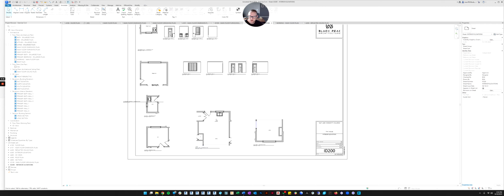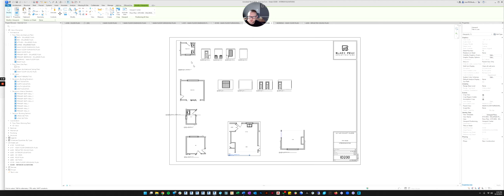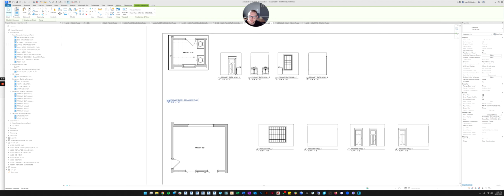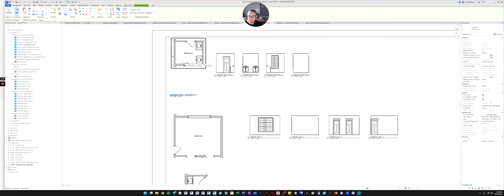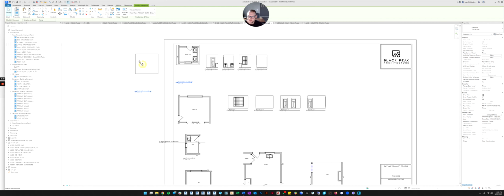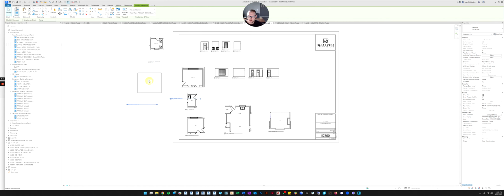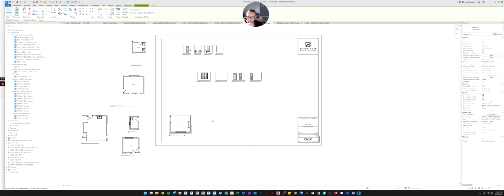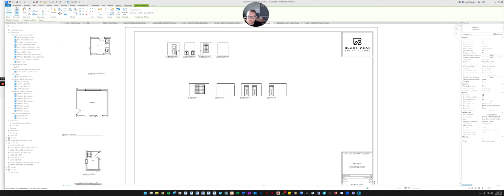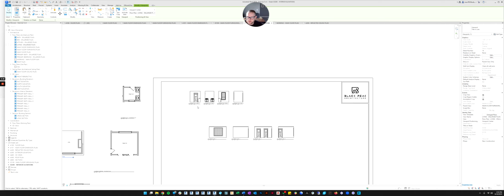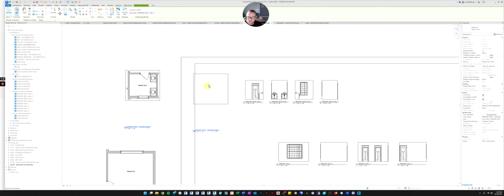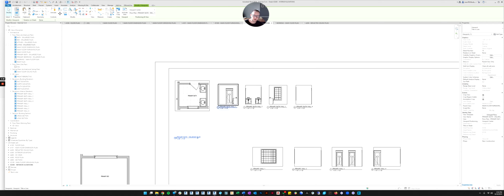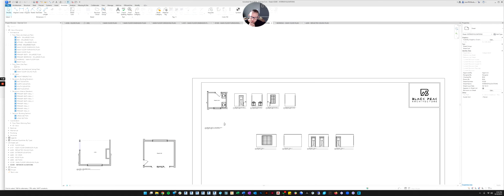All right, so now I've gone ahead and I've edited all the views to have no crop region, and I put the name of the rooms in there. So I'm going to drag these off my sheet because right now it's kind of a mess. By the end of this, we will want to start organizing our sheets nicely. So let's just start with this primary bathroom, since we've already got the interior elevations for it.